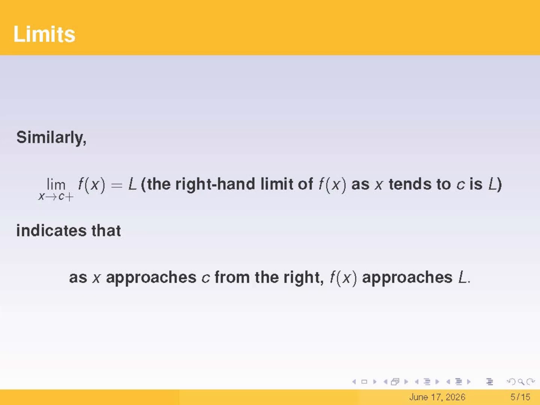By the same token, the second concept is what we call the right-hand limit. This is when the variable x approaches the real number c from the right. Simply put, x is always greater than c as it gradually moves closer and approaches c. In this case, the mathematical notation is written as c plus. For example, the right-hand limit as the variable x approaches the real number 4 means we're looking at the function value as x stays always greater than 4 while approaching 4, such as taking the function value when x equals